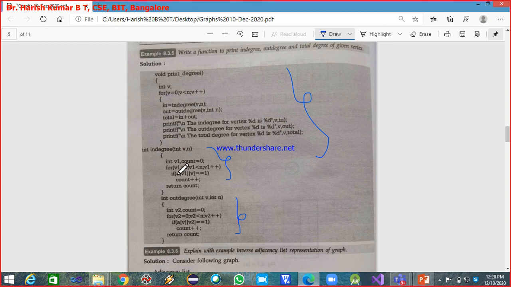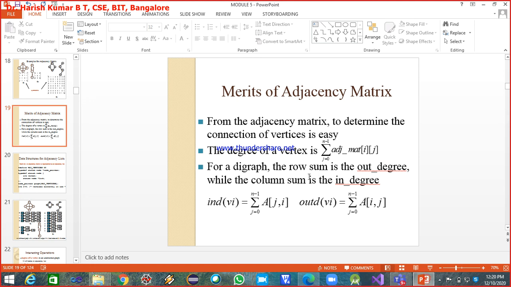Here int v1, and count is equal to 0. I am initializing the count to 0. Now for v1 equal to 0, v1 less than n, v1 plus plus. Since I am finding the in degree, I am doing the column sum.